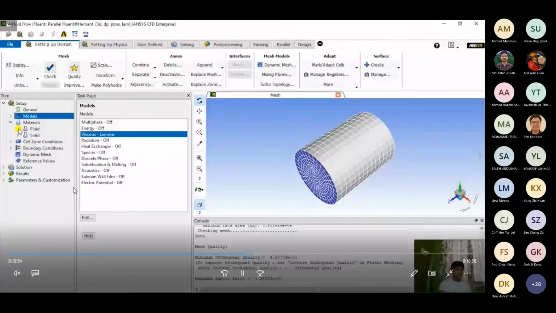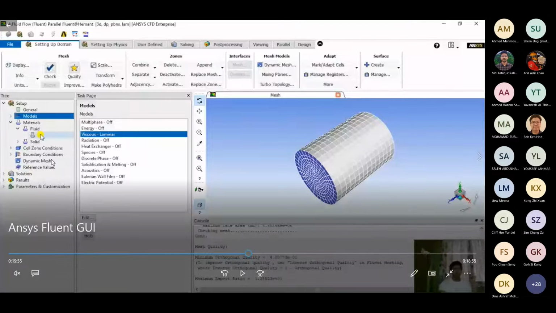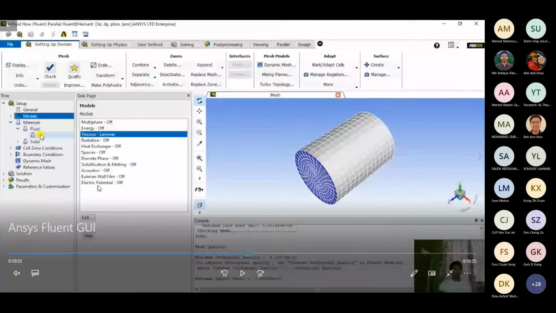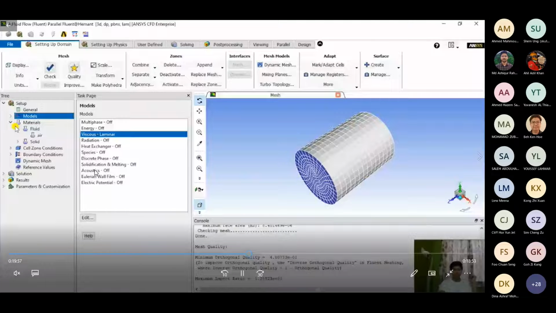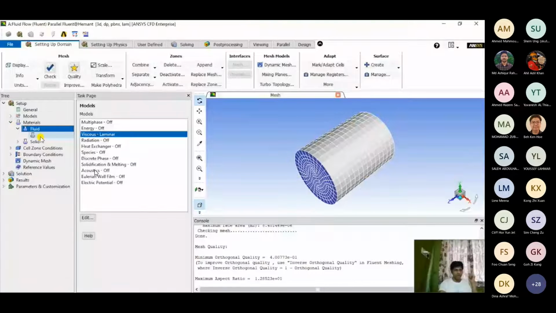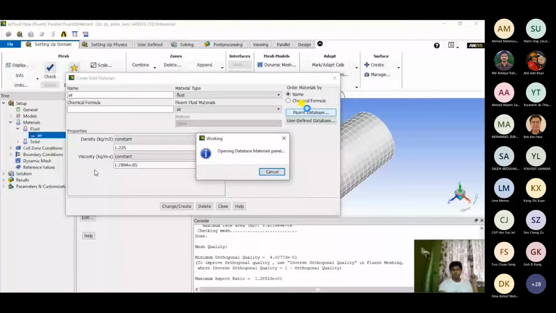Now what we have to do is apply the material, right? Our working fluid in the pipe flow domain will be water. Right now ANSYS generally takes the working fluid as air for fluid, and if there are solid parts involved, I think it takes aluminum as the default solid material. But if you want to change your material, or add another material, you can just double click on the air, and